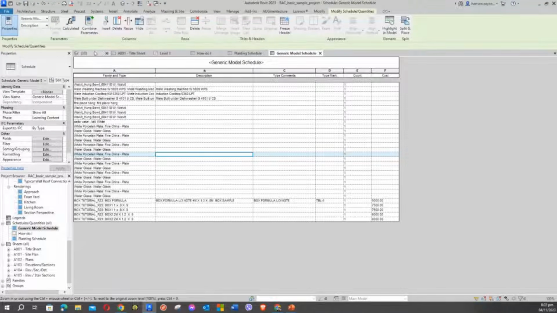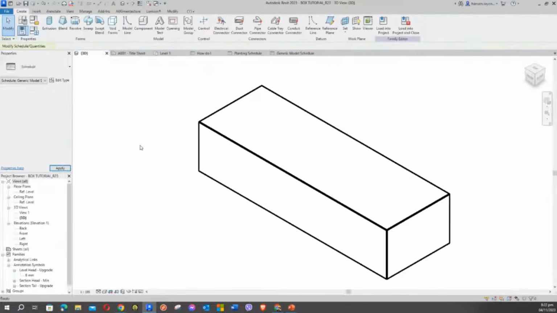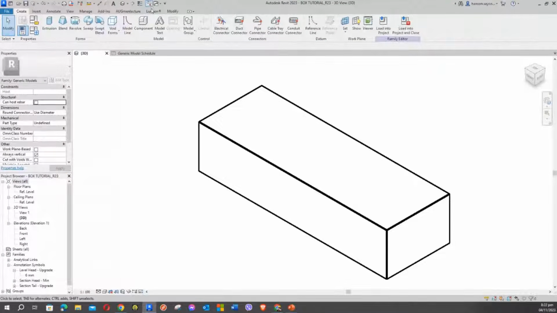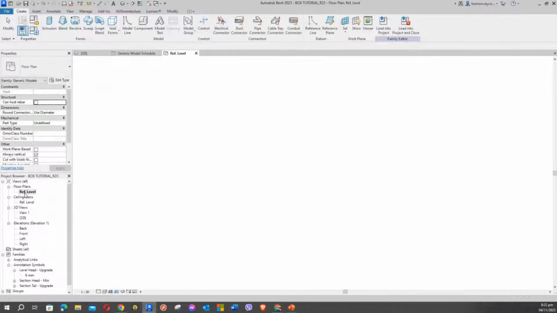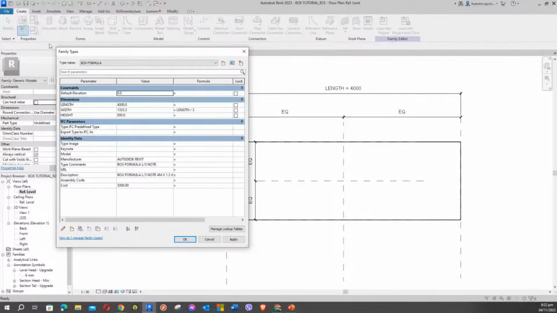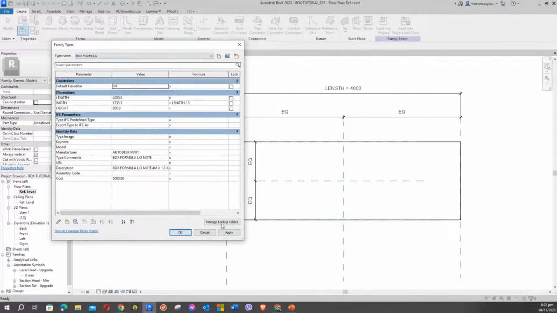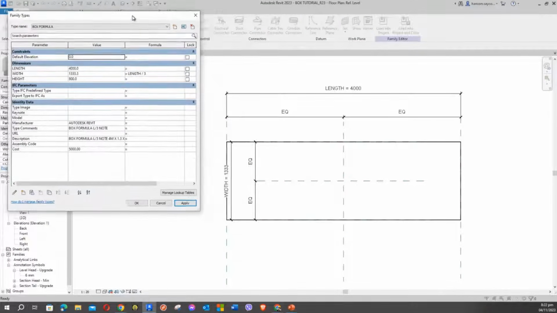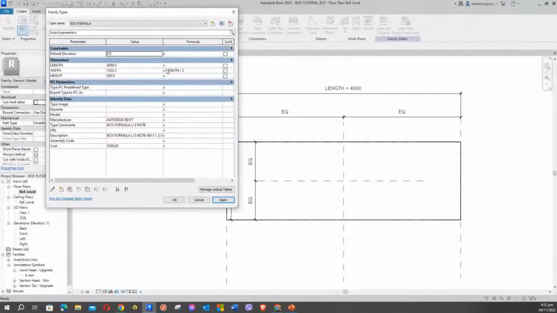Let me just go back to our Revit family. Okay, so yung formula natin. Let's go back to the formula. Okay, so this is the formula. So it's a